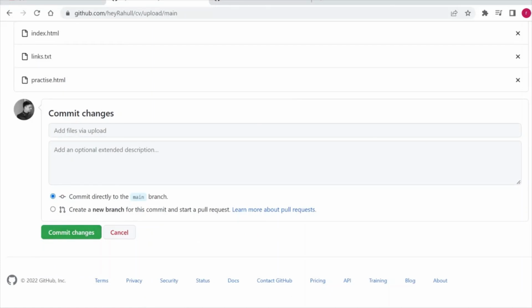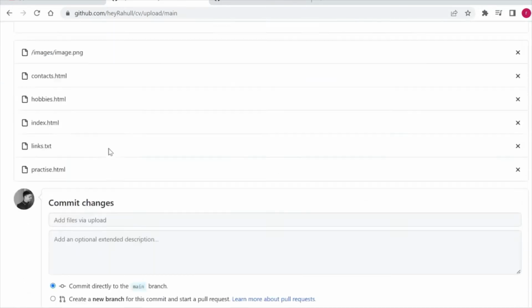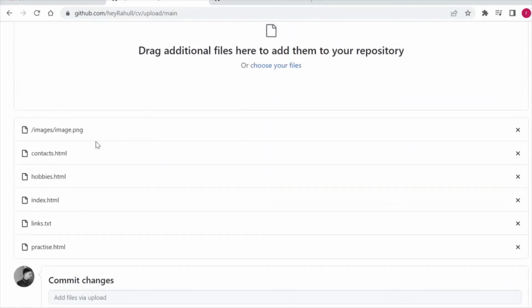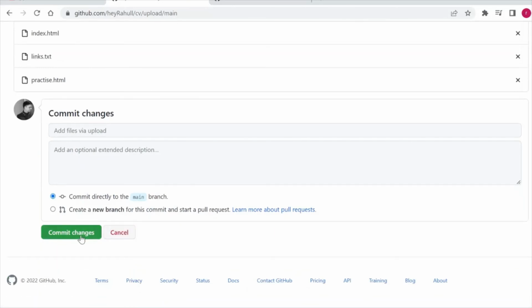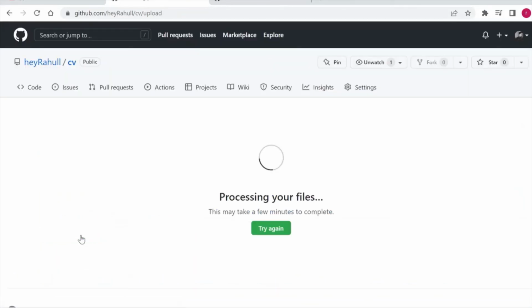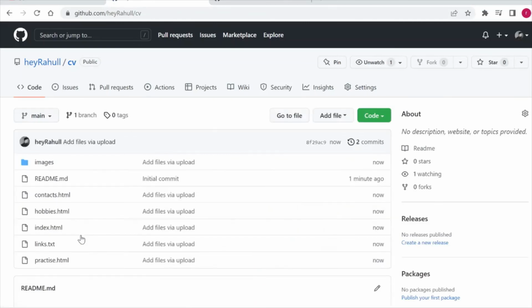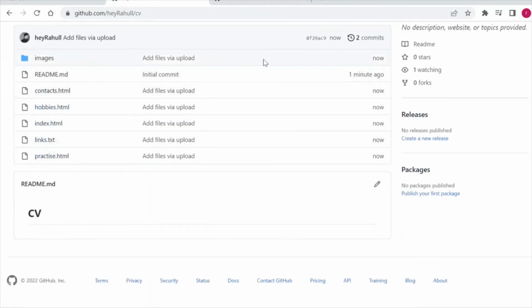You are going to click on commit changes, but before that, if you need, you can add all the other remaining files also. But make sure that your initial file is named index.html and your paths are properly mentioned in your code, because if you write image.png, it will not open, because the directory is images, and inside that images folder we have image.png. Keeping that in mind, we will commit the changes now. Our changes are getting committed. You can see that we have committed our changes now.